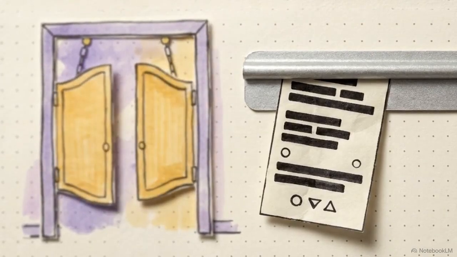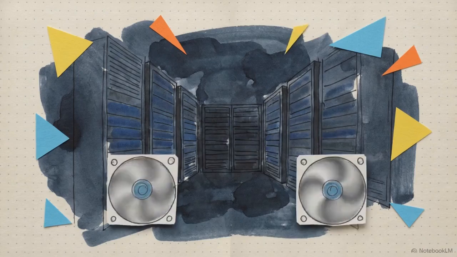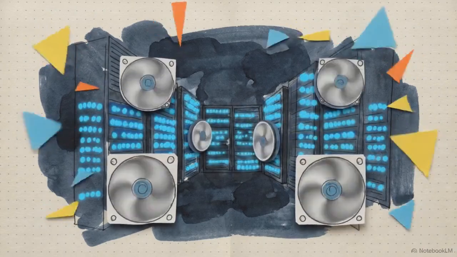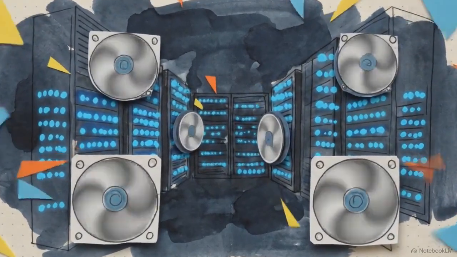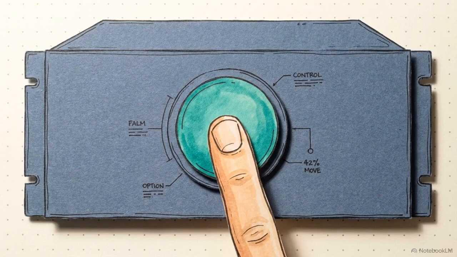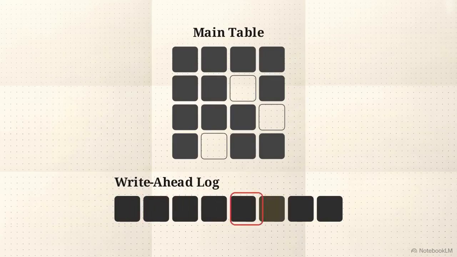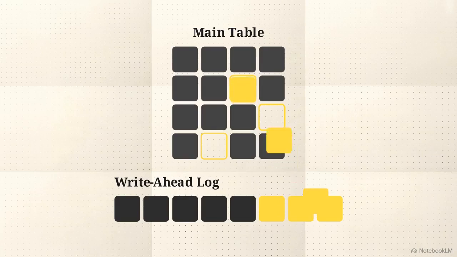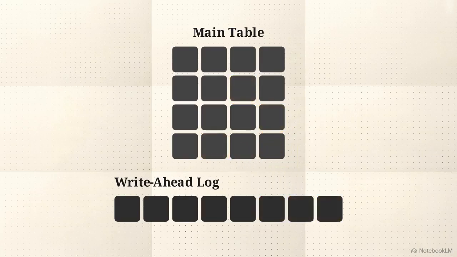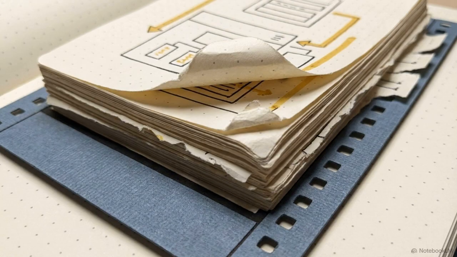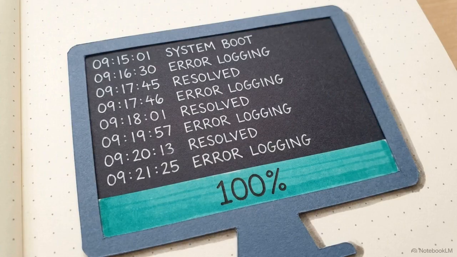Let's go back to that mid-transaction crash from earlier, but this time the power finally comes back online. The database wakes up, but it doesn't try to guess its state. It goes straight to the log and identifies the last sequential entries that were never confirmed as applied to the table. It simply replays those instructions to finish committing the data into the main table. Crash recovery is not a mystical software feature. It is the mechanical, chronological replaying of the log to bring the table back into sync with the last confirmed transaction.